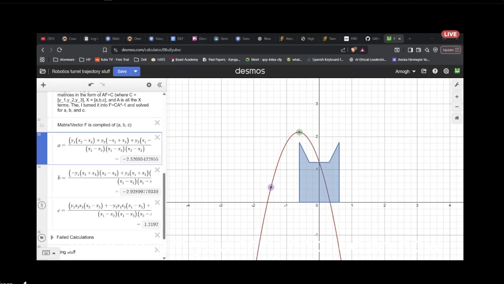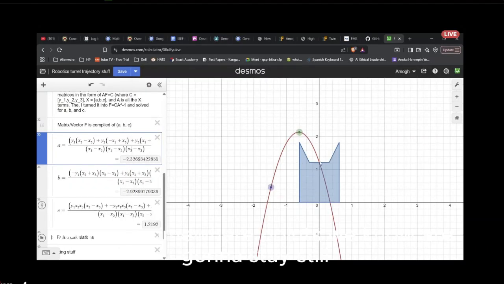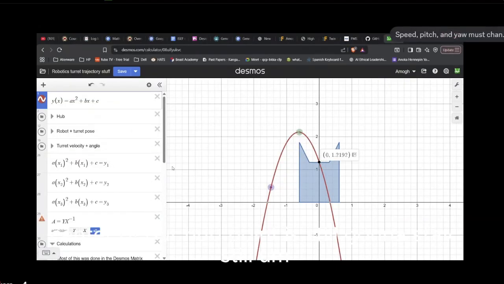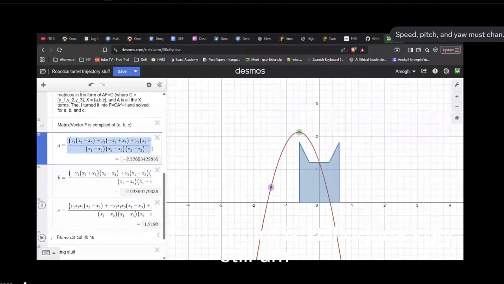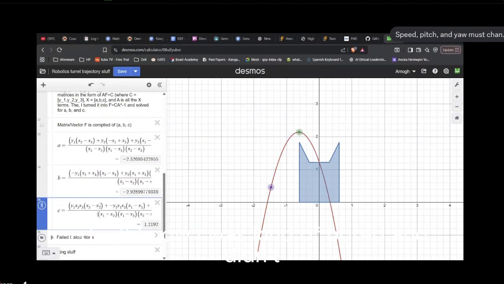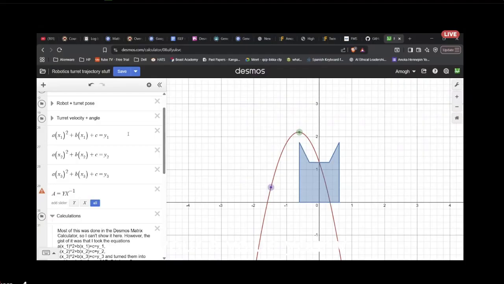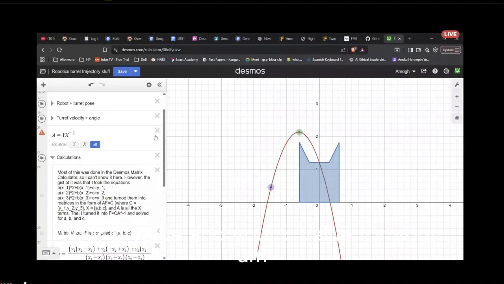Anyways, you can continue on now. There's definitely a way to improve this because some of our points we know are gonna stay still. Our clearance point is gonna stay still, and the center of our hub point is still gonna stay still. These equations can be dumbed down a ton. I just never actually did it because I was kind of bored. Anyway, so with these, you can get your A value, your B value, and your C value